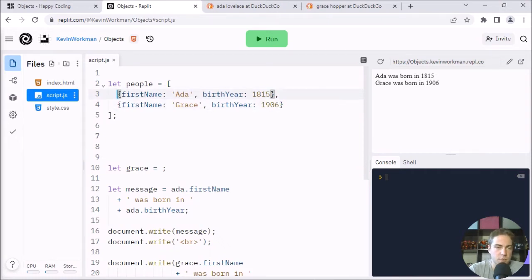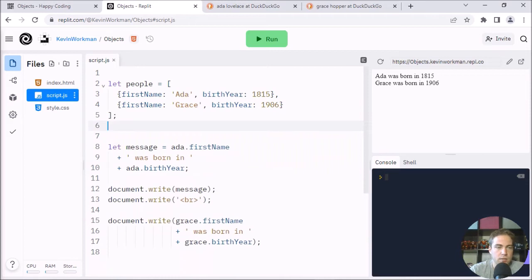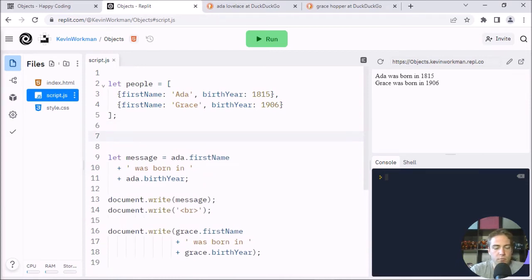The first object being this first line here that represents Ada Lovelace, and the second object being this one. So now I have my array, and now what I can do is write a for loop